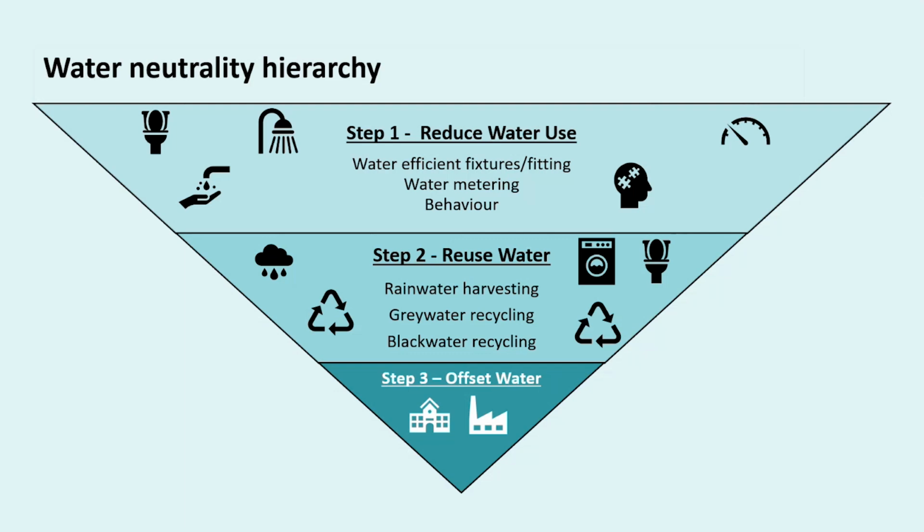So water scarcity may be addressed by using any of the steps in the water neutrality hierarchy we see here. But achieving water neutrality will require consideration of all three steps. So as we can see here, step one is to reduce water usage at source. And so that means fitting water efficient fixtures and fittings into the home. There may be control valves as well to reduce the flow rates. And that can get per capita consumption down from 110 litres per person per day to around 80 to 85.